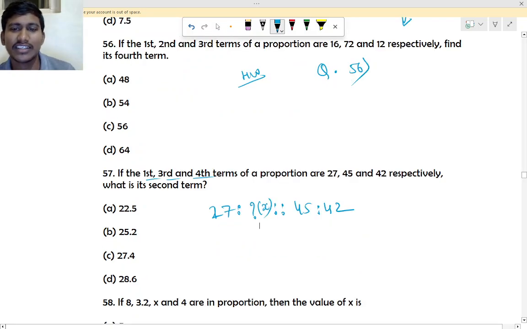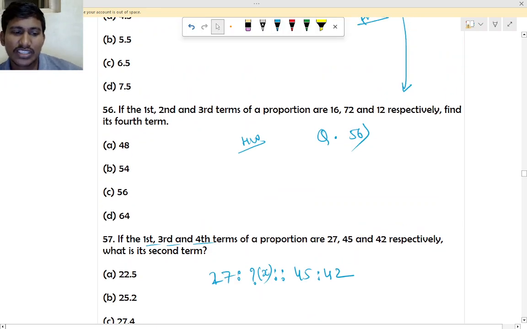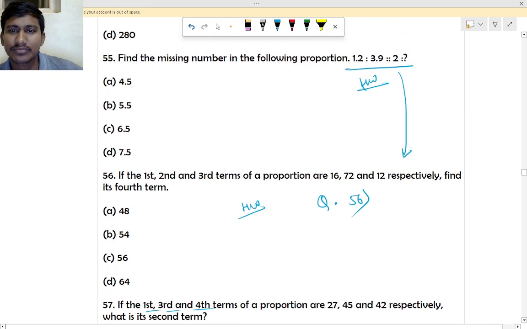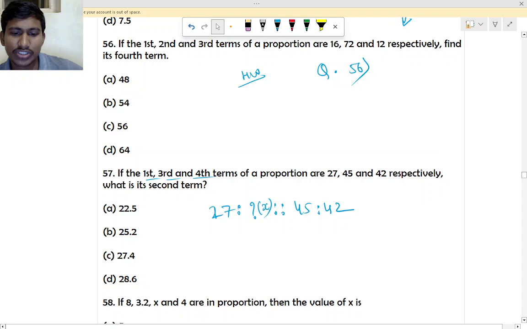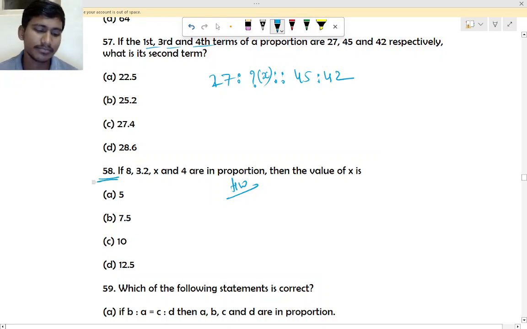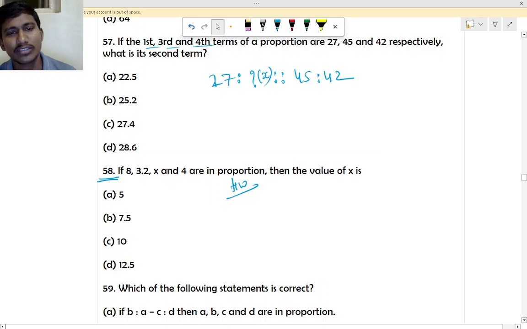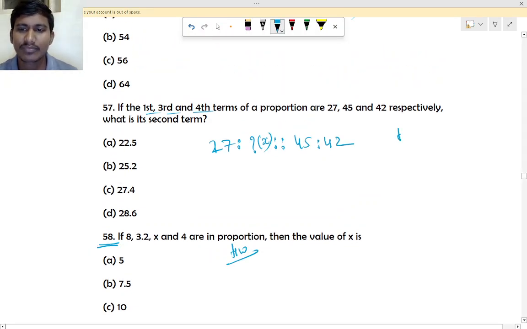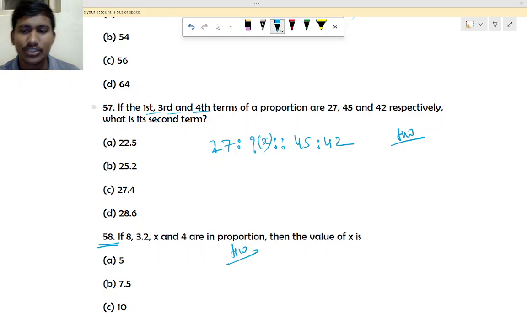So see here, 57, we have to write it down like this. Okay? Next you do these questions. Try to do. If you don't get, ask me tomorrow. This is also easy. 48, 58, right? So try to do it. Okay? So till 58 is homework. Sir, 57 is homework. Yes, homework. Understand? Okay, do it.